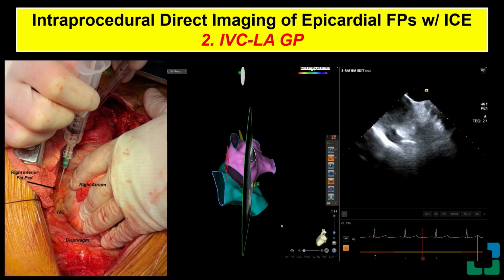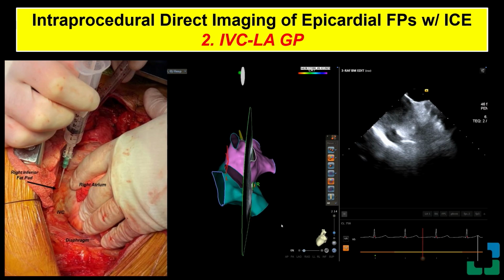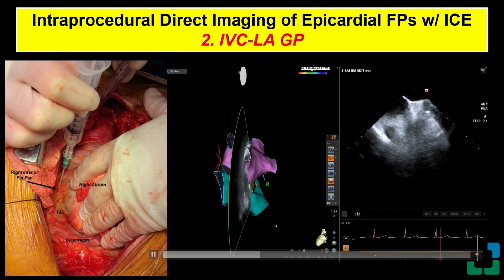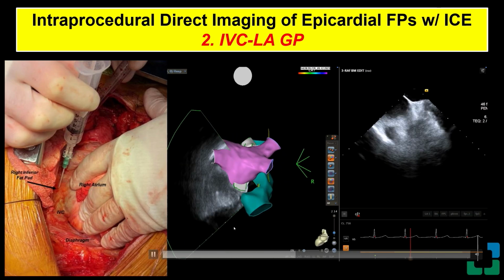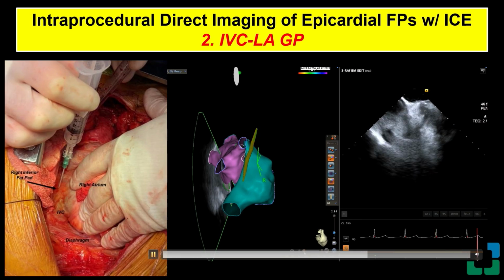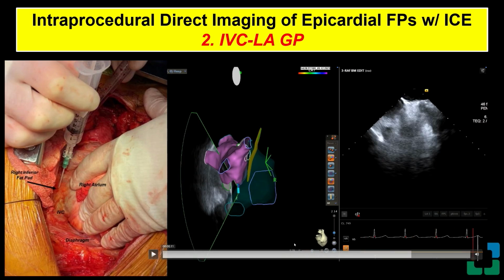And here, this is an image from our surgical colleagues when I tried to correlate intracardiac echo with surgery, where they put a needle in the right inferior paraseptal ganglion, and I can actually see with ICE that this was really confirmed to be the same area. And similar to the right superior paraseptal ganglion, once you image it, you can freeze the image, you can draw it, and this will be automatically imported in your map. And that's really all you need to define your ablation strategy, because that's your ablation target.